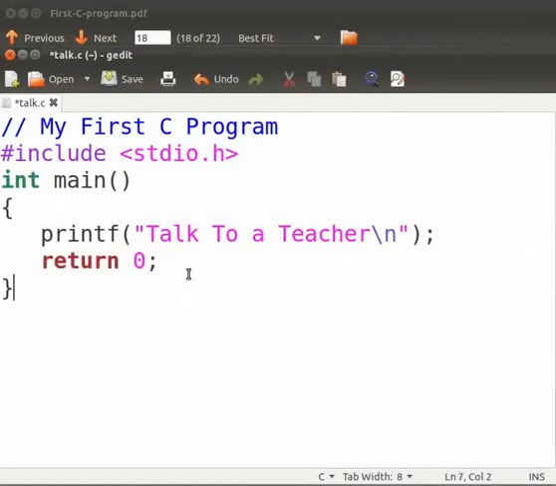Now click on Save button to save the file. It is a good habit to save files frequently. This will protect you from sudden power failures. It will also be useful in case the applications were to crash. Let us now compile the program. Come back to our terminal.